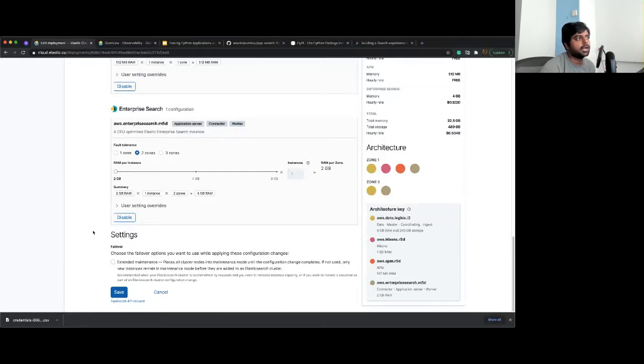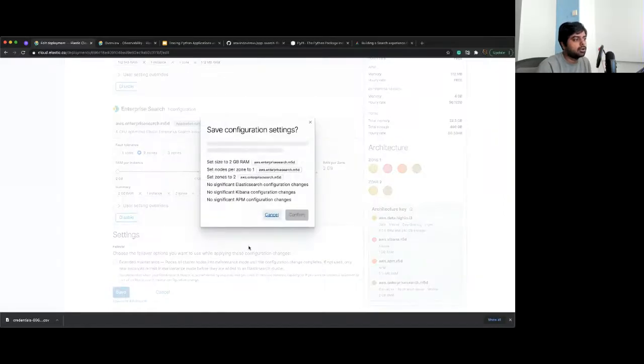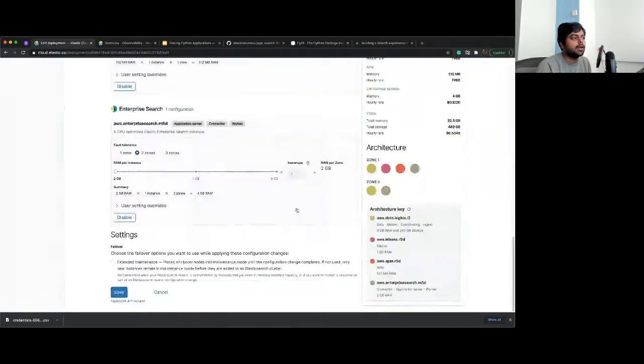You can afford to lose your blog data, or you can afford to have a bit of delay on your other data, but you can't afford to give a bad experience to your users who are searching on your site, right? So you always want to be good with your search. In the interest of time, I'm just spinning it up in the same place, but you should always think of separating it out and having a different cluster altogether.